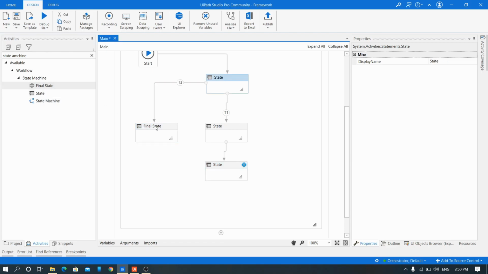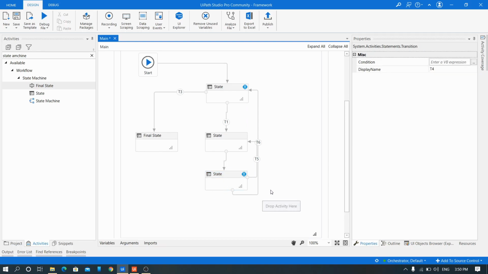We have a connection from here and from here, and there. Sorry, we don't have this connection. And we have this.